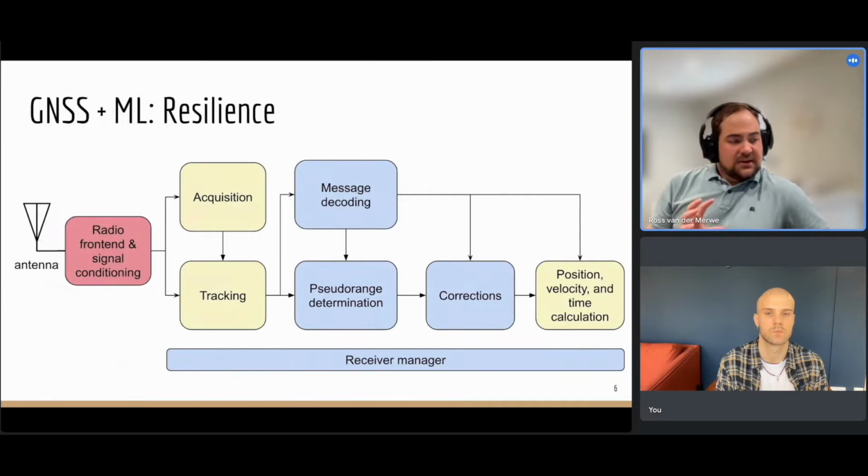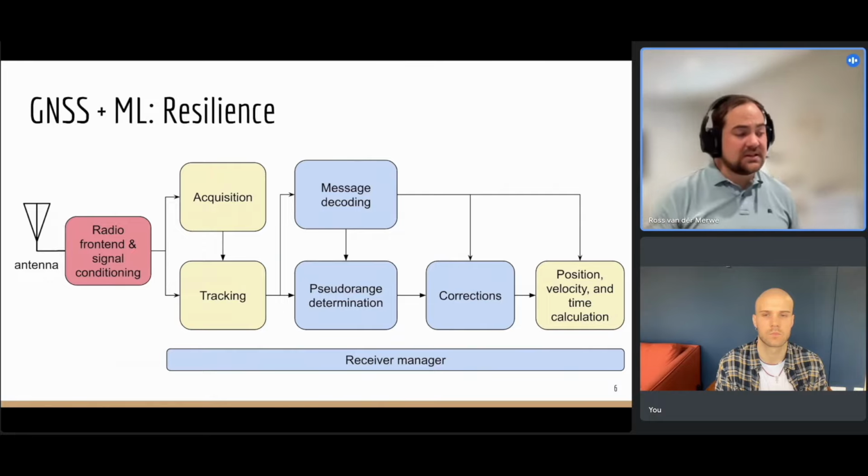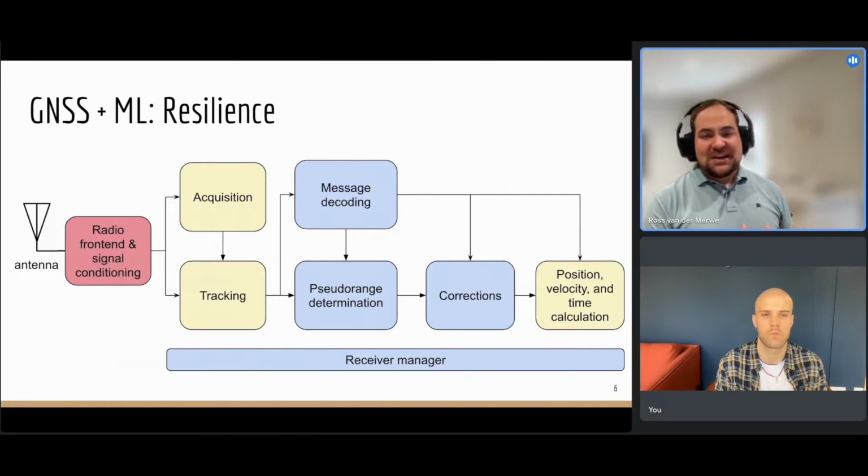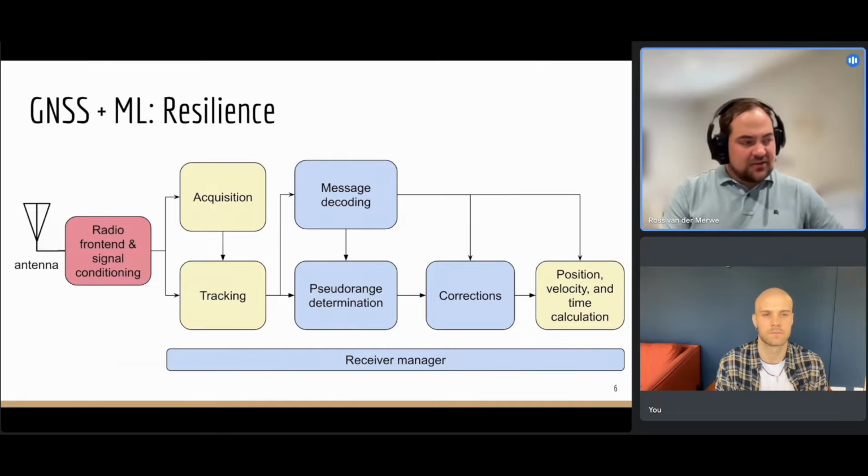So if we're talking about resilience, I've highlighted some of the blocks here. Most of the work I've seen by far is on the signal conditioning. It is also one of the blocks where you see the most ML currently in GNSS. The reason why I singled this one out is it happens before the GNSS processing. So it has a massive impact on GNSS, but it's not formally part of GNSS. The other blocks are acquisition and tracking, so this is really low-level processing. And then finally, in the position domain, the position, velocity, and time calculation. I made these yellow because there are approaches there. It's not as prominent as in this first red block. And I'll get to that on the next slide.